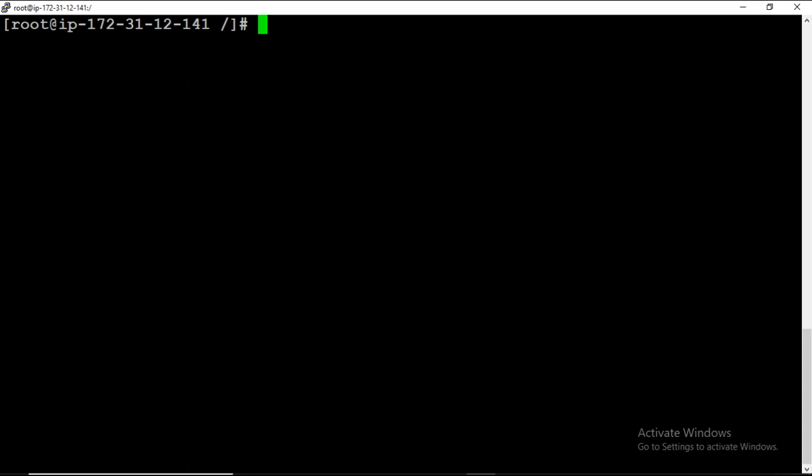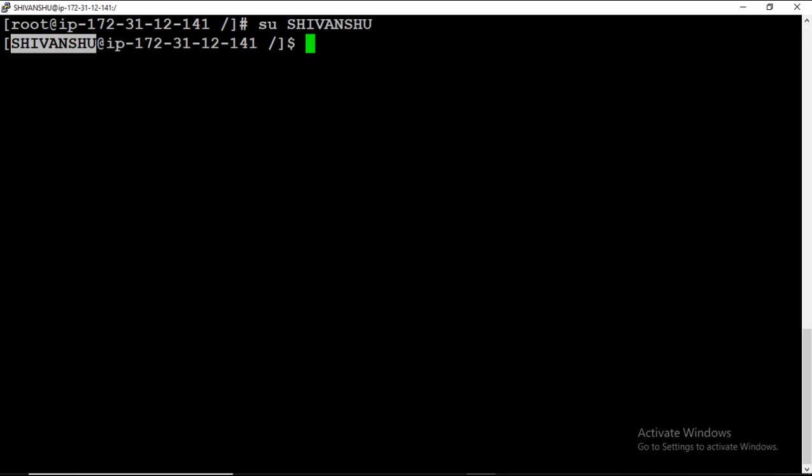So now I just want to switch to another user, like the user Shivanshu that I just created. We use the su command, then we have to give the name of the user. What does su mean? Su means switch user. So you are just switching the user to Shivanshu. Now you can see that here is Shivanshu.